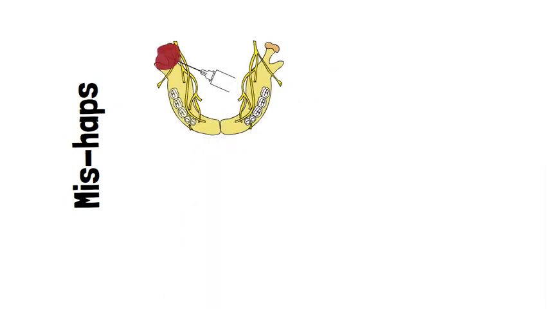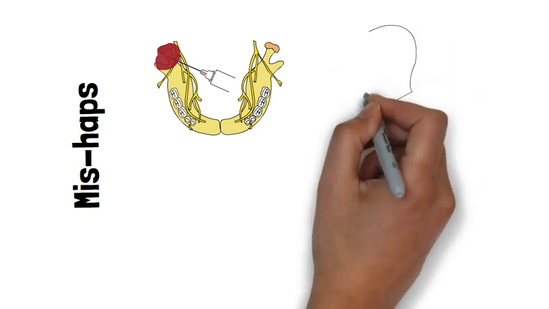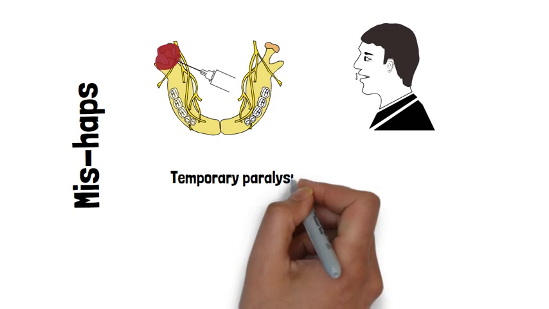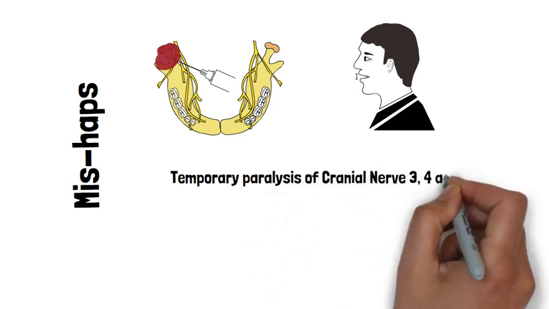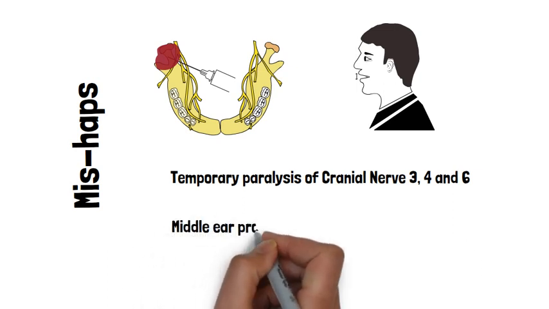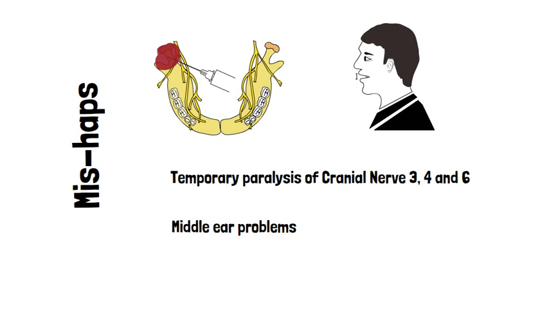Number 1 is hematoma. The rate of hematoma that occurs with mandibular nerve block is much less common than with inferior alveolar nerve block. Trismus is also very less common. Temporary paralysis of cranial nerves 3, 4 and 6, which are oculomotor, trochlear and abducent nerves. This is due to the intravascular administration of local anesthetic. In that case, the patient has diplopia, lid ptosis and paralysis of one eye for about 20 minutes. Middle ear problems can also occur with mandibular nerve block, but very rarely. It is due to the trauma during the injection.